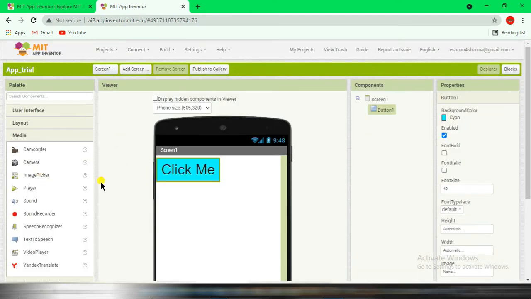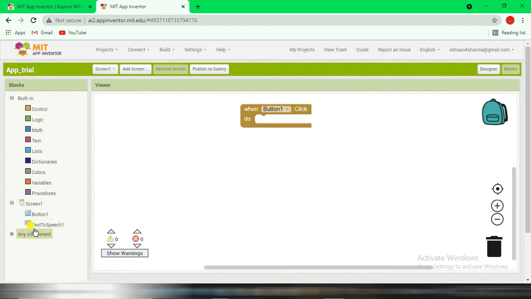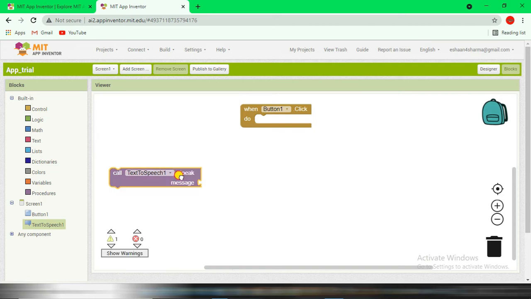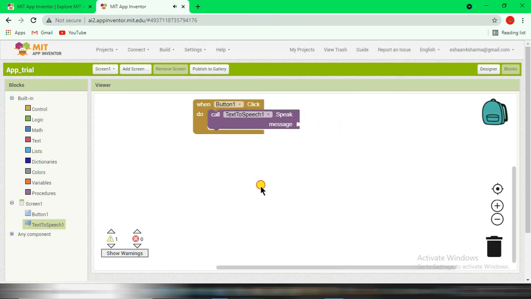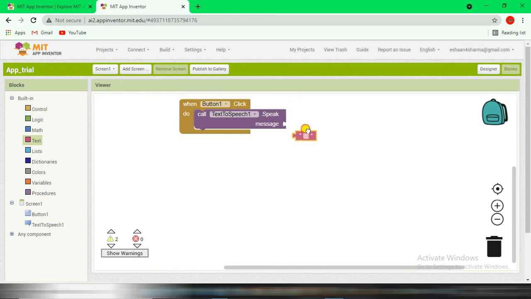Go to media, select the media and here TextToSpeech. And then again go to blocks and you can see a TextToSpeech here. So here we will take call TextToSpeech.Speak message, and then go to text and take this first block, which is blank,